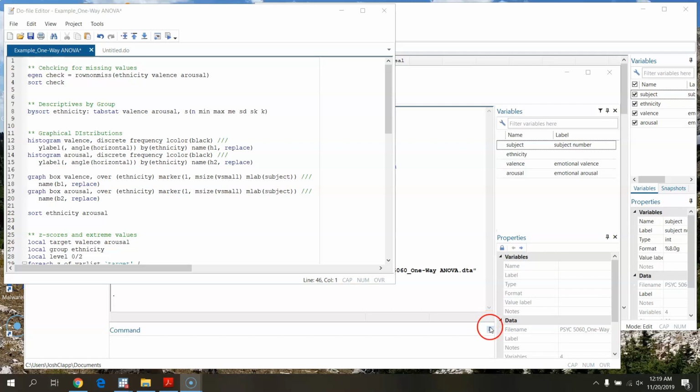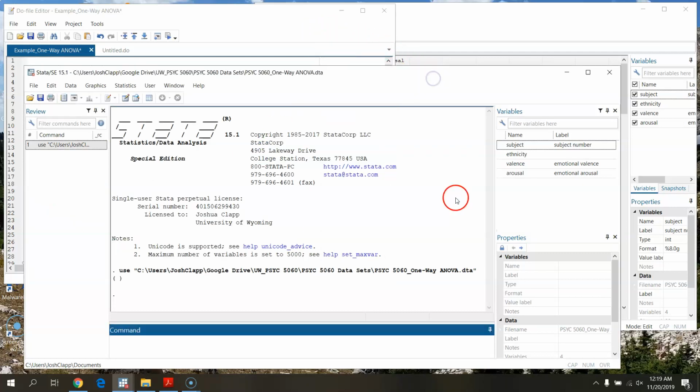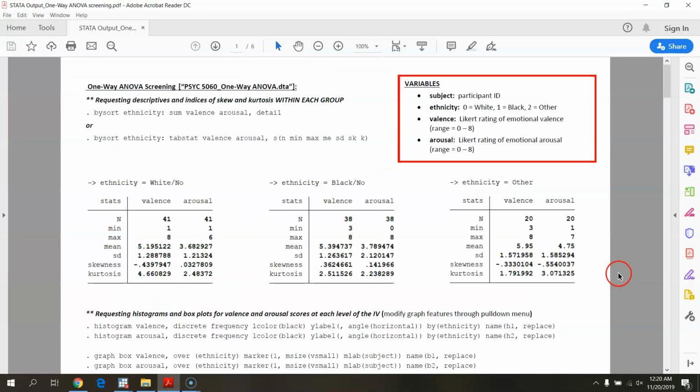Going to go through and do a walkthrough of basic data screening for a one-way ANOVA. So the data that we're going to be using, the worksheet we're going to be using here, is the one from class, the one-way ANOVA screening in Stata, and so we're going to be looking for the one-way ANOVA data set here. Recall from the example in class, what we're doing is we've got a film clip that's intended